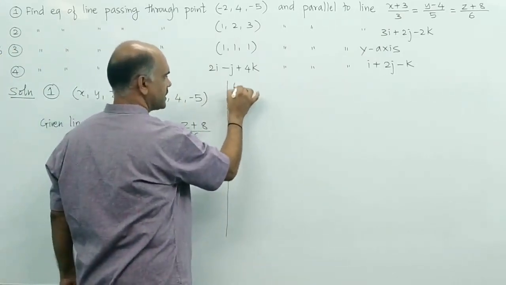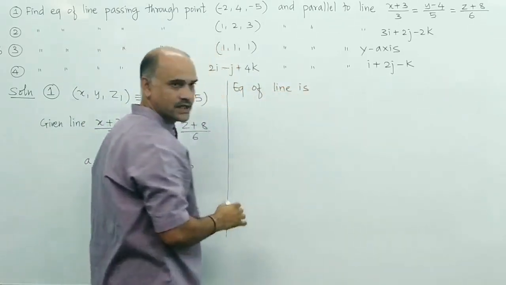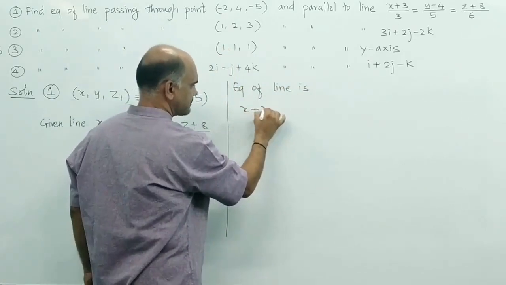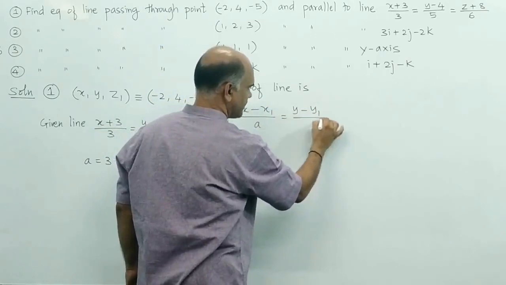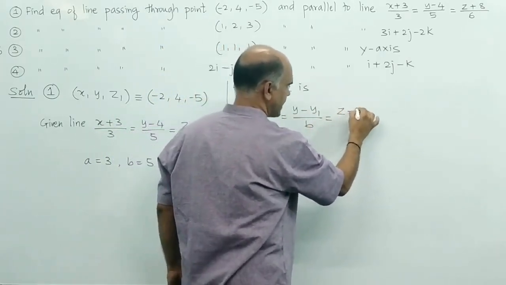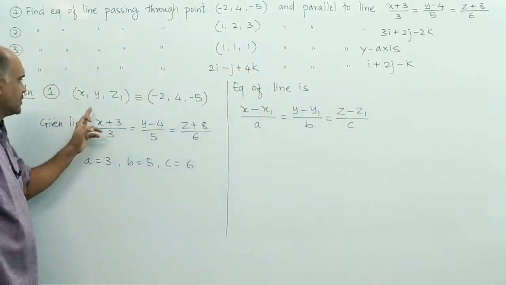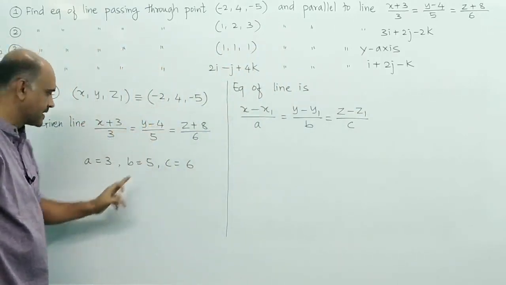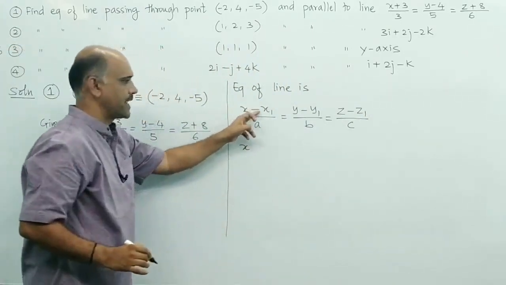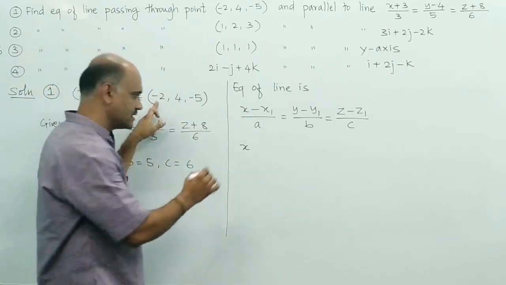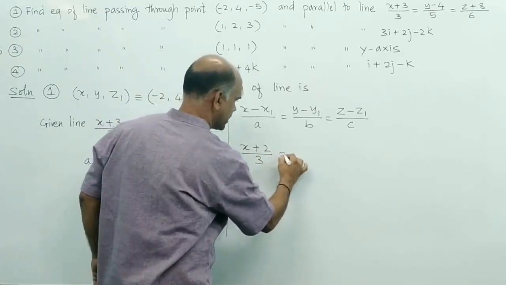So I will take equation of line is x minus x1 by A is equal to y minus y1 by B is equal to z minus z1 by C. Now substitute the values. So x1, y1, z1 is here, A, B, C is here. So line will be x minus x1, means this will become plus 2 divided by A, 3 is equal to